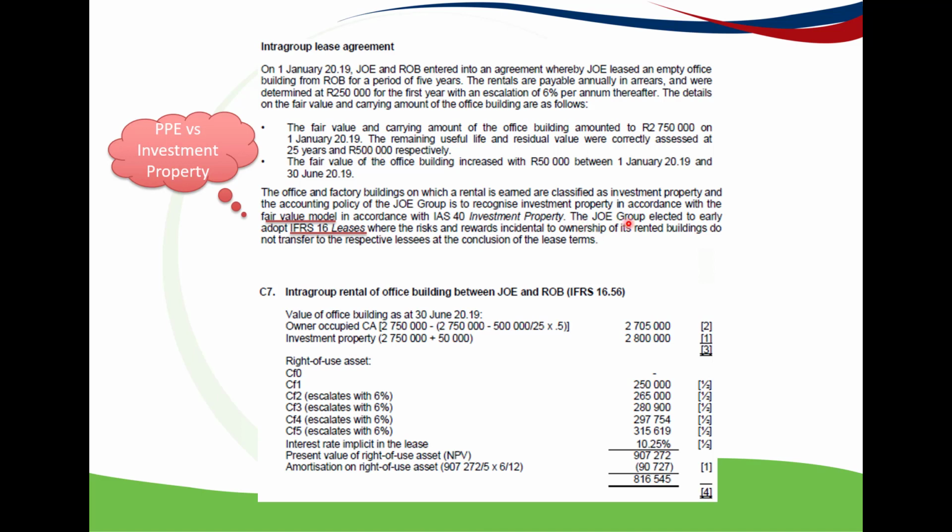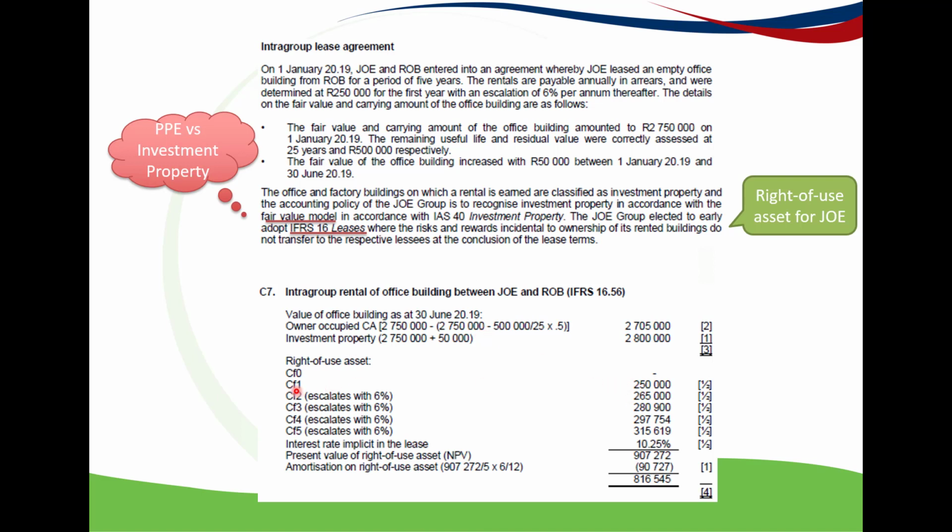Then the Joe Group elected to early adopt IFRS 16 leases. What that means is that Joe has an operating lease on the office building. But in accordance with IFRS 16, he's now in a position where he would have recognized a right of use asset for Joe. So if we want to calculate the value of the right of use asset at year end,